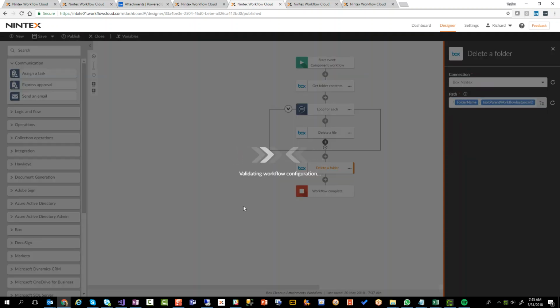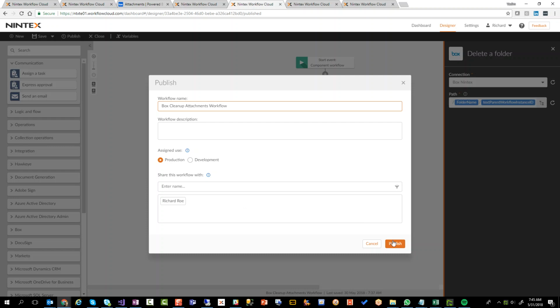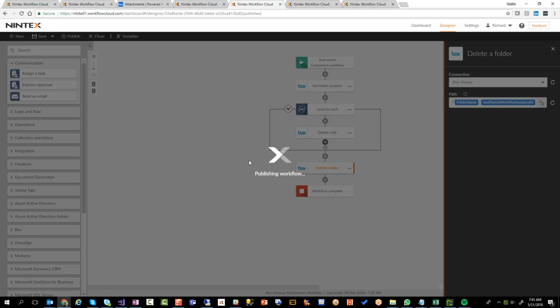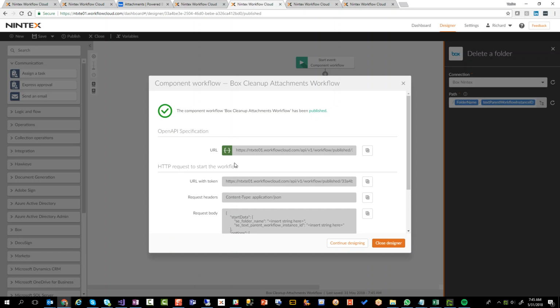All right, so we publish this. I've called this box cleanup attachments workflow. I probably should have called it component workflow or something like that. Okay, so now that you've done this, how do you reuse this? With this URL, go over here and click on copy. Right, and you can see here it actually says open API specification. So you've made a copy